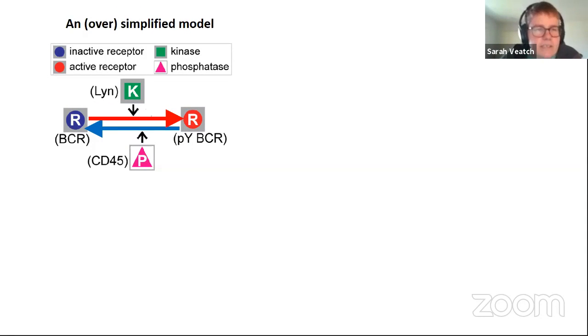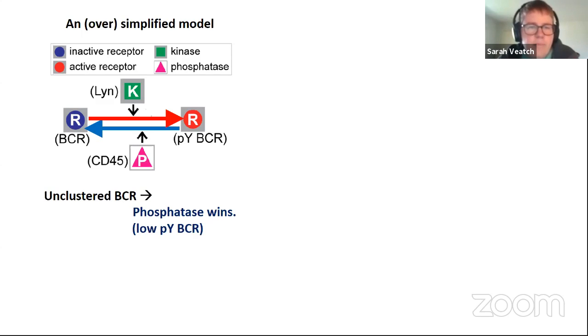Now, in a very overly simplistic model of this, you think about the membrane of these cells not just containing receptors, but also regulatory proteins. Many of them, but the two that I'm going to think about today are a kinase called Lyn and a phosphatase called CD45. In a normal state of these cells, where everything is floating around, the kinase is responsible for phosphorylating the receptor, and the phosphatase dephosphorylates the receptor. These things are all working all the time, fighting against each other. And at the end of the day, the phosphatase wins, so that on average, the receptor is not phosphorylated.